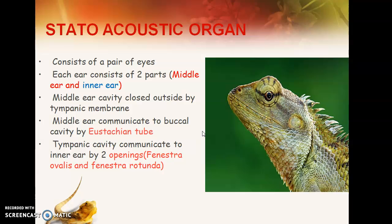Then the last one is called the statoacoustic organ. This generally consists of a pair of ears, each ear consisting of two parts, a middle ear as well as an inner ear. The middle ear is enclosed within a cavity called the tympanic cavity, and the middle ear will be communicated with the buccal cavity by the Eustachian tube, and the tympanic cavity communicates with the inner ear by